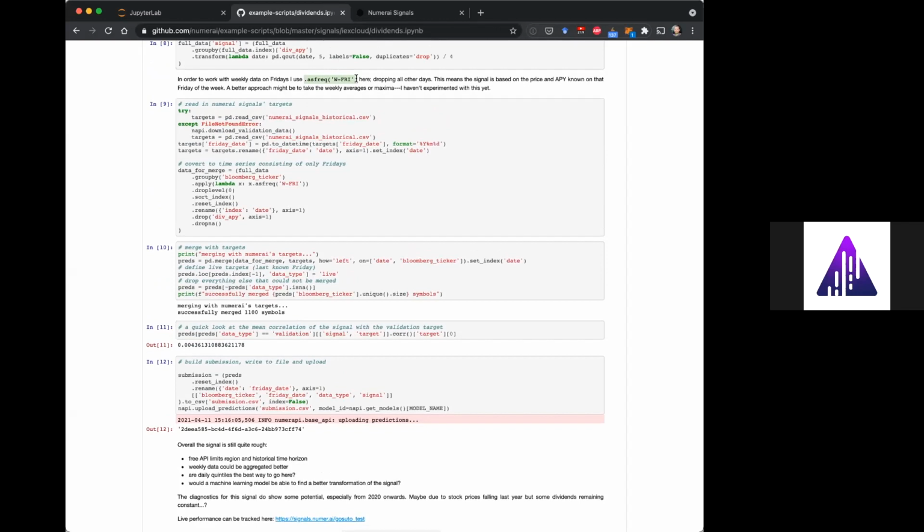I think one experiment there could be to take an average, a moving average, min, max, and see what sticks best. So daily quintiles. Maybe somebody can answer that for me, if that's the only way to submit, or can we rank 1 to 10, or just submit any number between 0 and 1, for example. And then obviously the transformation of the raw signal based on what the targets are given.